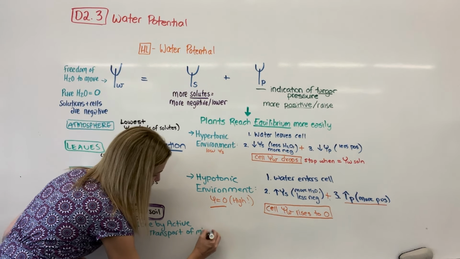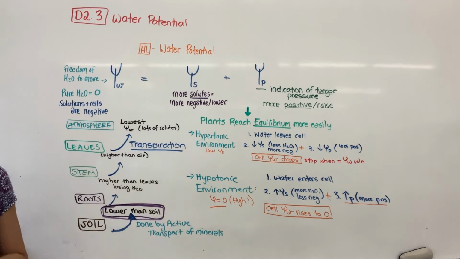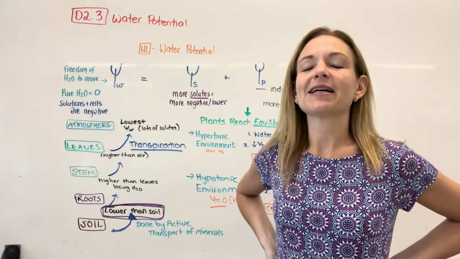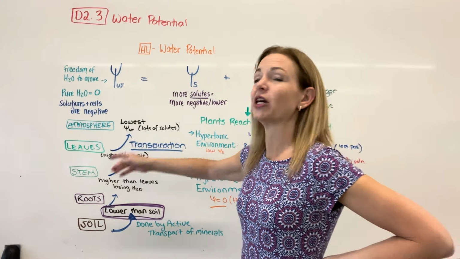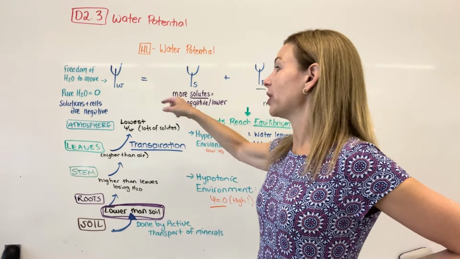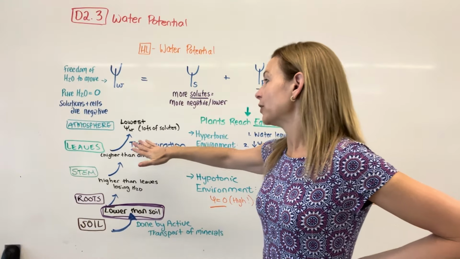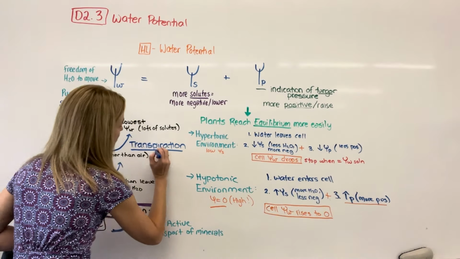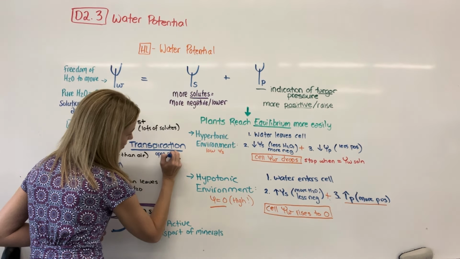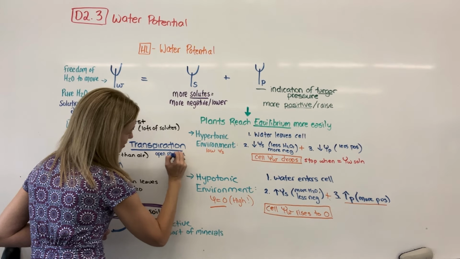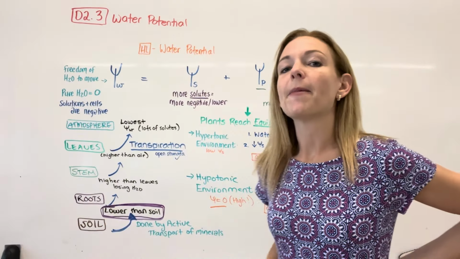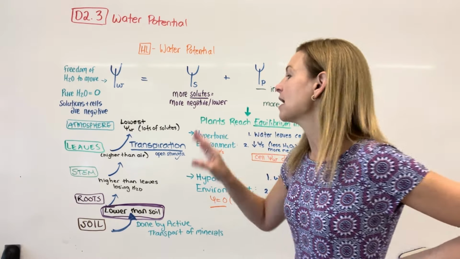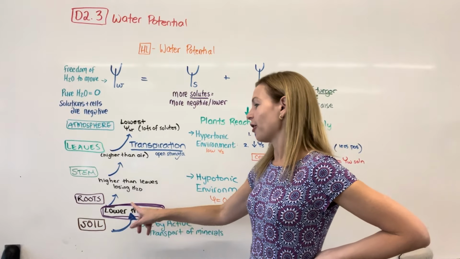So essentially this is just stating that we are able to move water up a plant all the way from the roots through the leaves, and that's done with really two main effects. One is transpiration, so the low water potential in the air is pulling. That's really good unless the stomata are closed. So the transpiration only happens with open stomata. As long as my stomata are open, that's beneficial. But if the stomata are closed for gas exchange or to try to reduce water loss, at that point it would stop. So then the other factor is here.